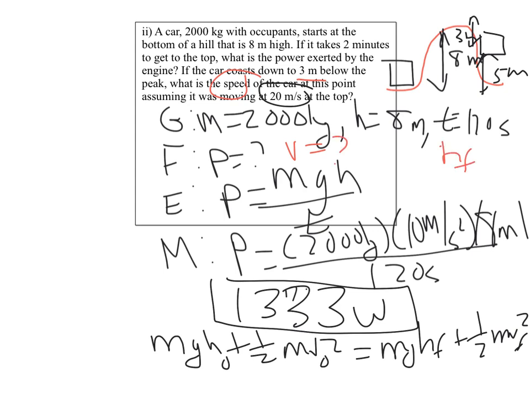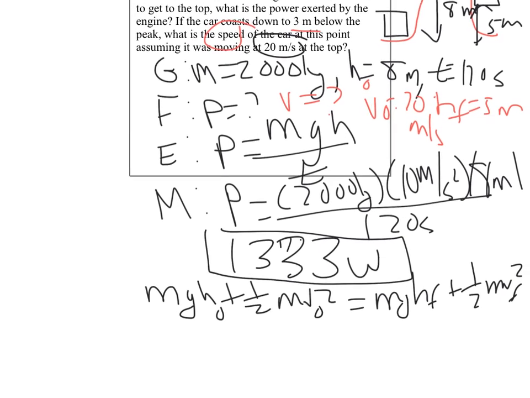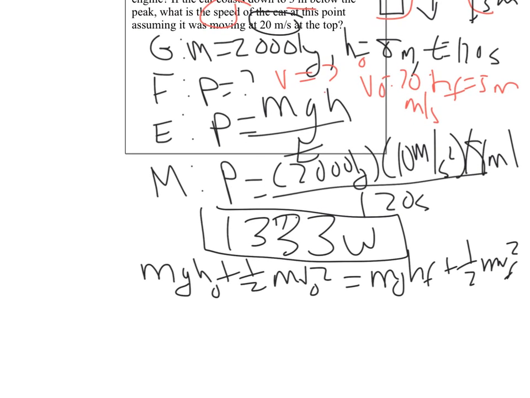So when hf equals 5 meters, and v naught was equal to 20 meters per second, and this was h naught, right? Got the idea? So that means we can plug everything in. Well, let's solve first. Please solve before you do things. We're trying to find which v? Oh, I didn't write, it's supposed to be vf, right? So I need to solve for vf. So that means vf is going to be equal to